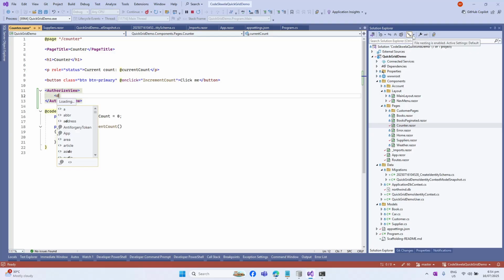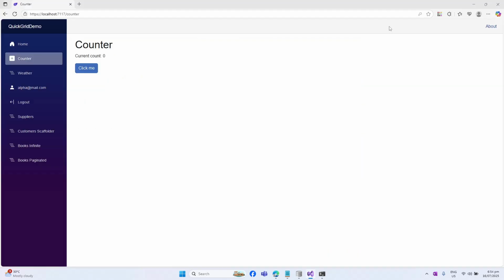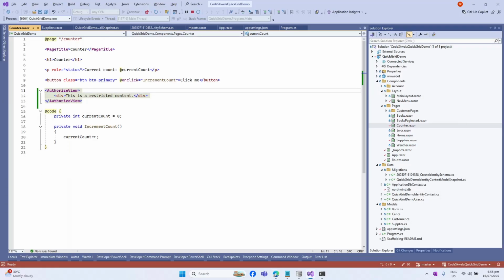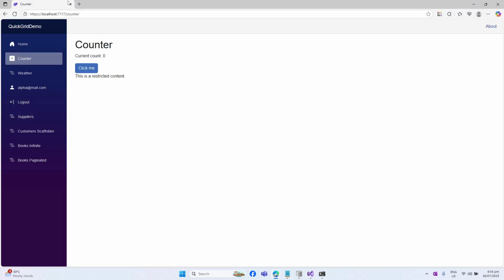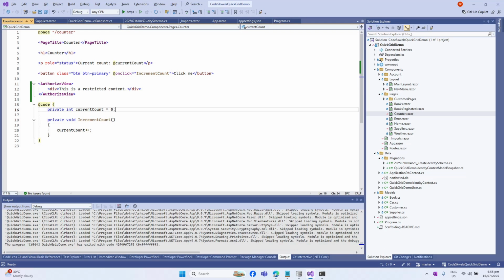Okay, so let's just simply add a text. This is a restricted content. Okay, save this one and refresh. Nothing. Okay, AuthorizeView. Let's just stop this because sometimes the hot reload isn't correctly updating. Okay, let's rerun this again,